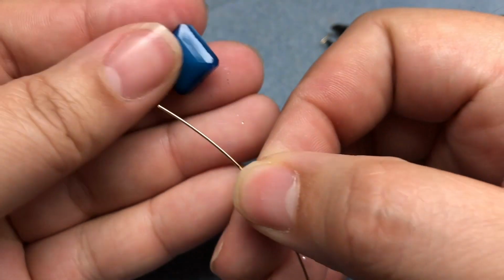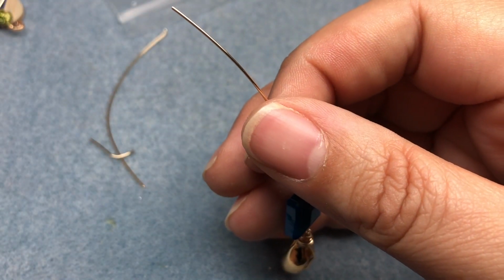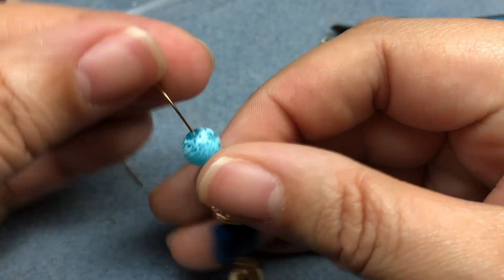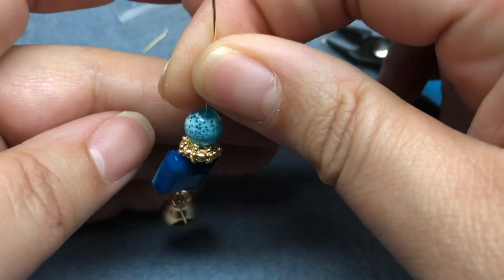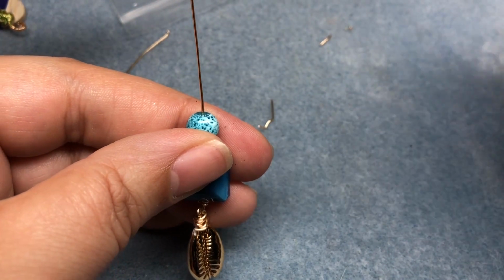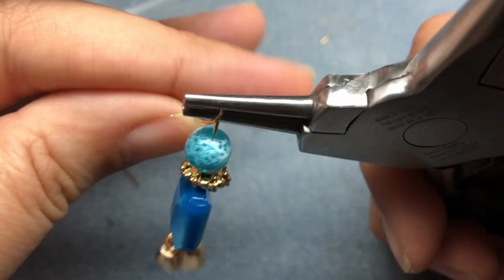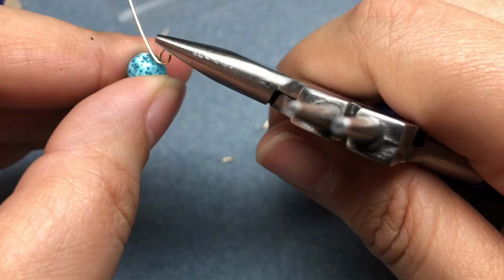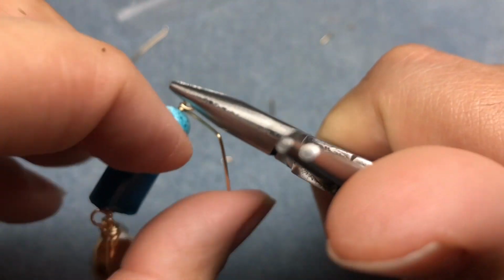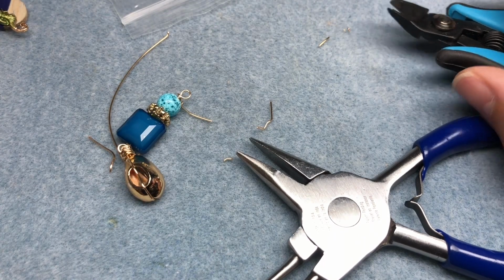Then I have this beautiful blue crystal, a sea urchin looking spacer, and a coated bead that looks like sea foam. And then I am going to do another wire wrapped loop. Snip that in the back, grab an ear wire,